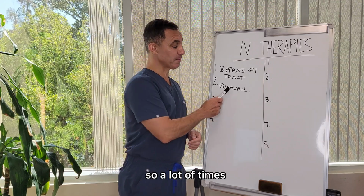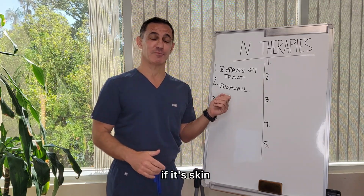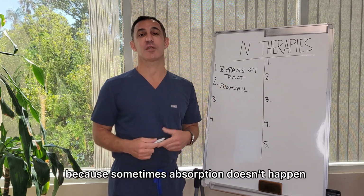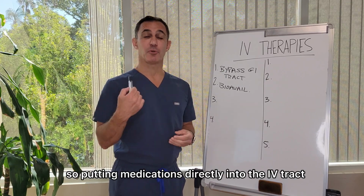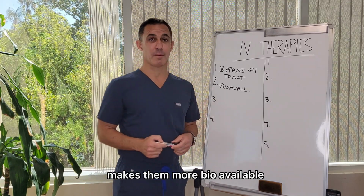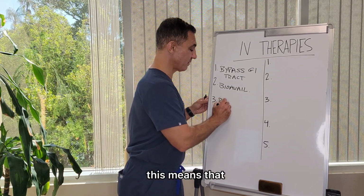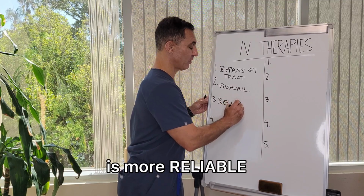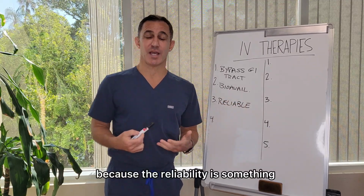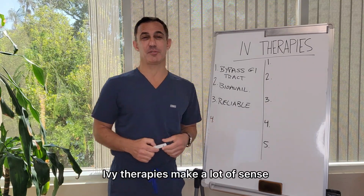So a lot of times, bioavailability is diminished because of the barrier. If it's skin, for obvious reasons, we talked about this, but also through the gut, because sometimes absorption doesn't happen. So putting medications directly into the IV tract makes them more bioavailable. This means that it is more reliable. Now, because the reliability is something you don't have to worry about, the absorption,